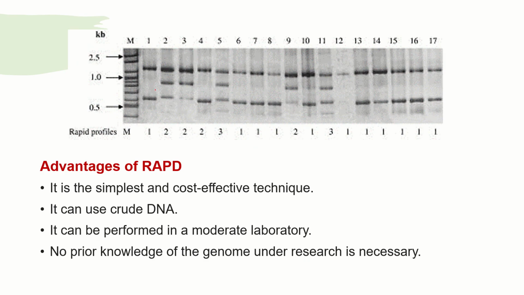This is a real picture. You can see this is a RAPD profile. Let's suppose we had these 17 different samples, and in these samples we obtained bands like this. Now we can relate them. Numbers have been given depending upon the similarity in the profile. This is related to this, you can see their banding pattern is the same, and the next one also. Similarly, in the third type, see there are 4 bands. Here also there are 4 bands, so they are related. This is how we can correlate the data and get information about the species.